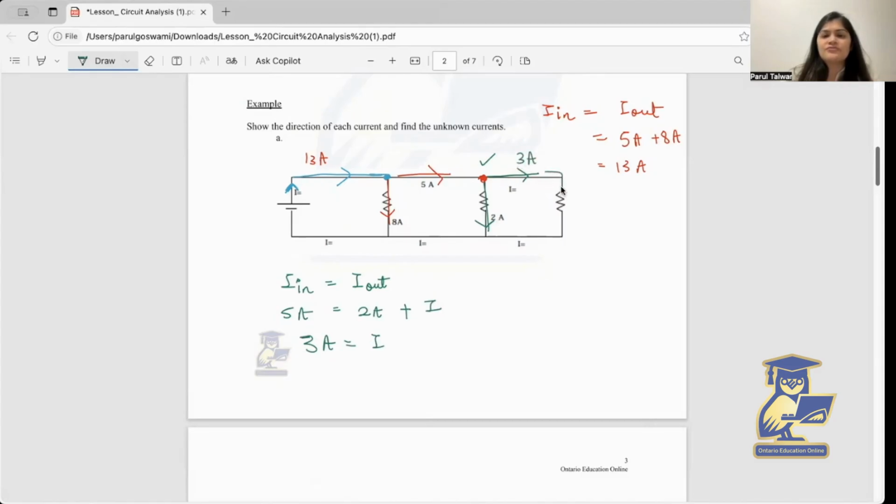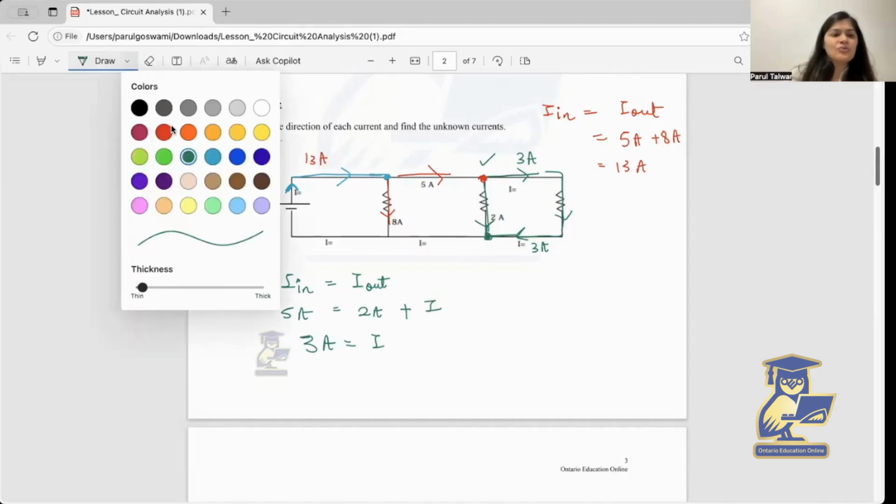Now this 3 ampere of current will flow in this branch of the wire and again will move to the left side here. So current in this branch will also be 3 ampere. Now as you can see, the current from this branch, which is 2 ampere, and current from this branch, which is 3 ampere, will meet up here. So this will act as the incoming current and this will leave the branch as the outgoing current.